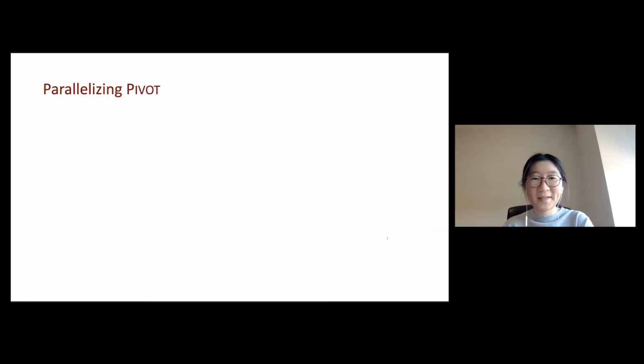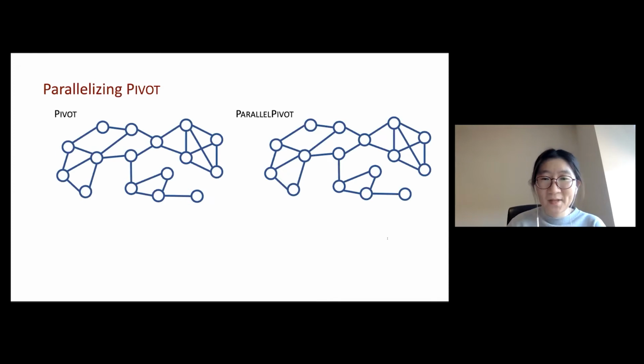And now let me turn to the first line of work that focuses on parallelizing the pivot algorithm. And I will focus on a particular variant of the parallel version of pivot, which I will call the parallel pivot algorithm. And let's compare the output clustering of parallel pivot with the original pivot algorithm. So for the sake of this comparison, it would be very convenient to consider the following alternative view of pivot. So instead of